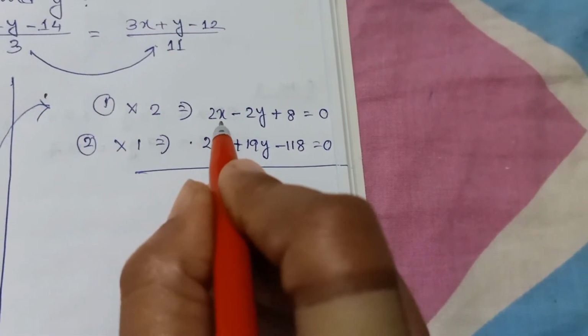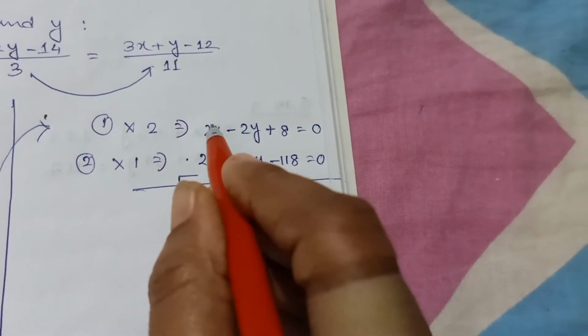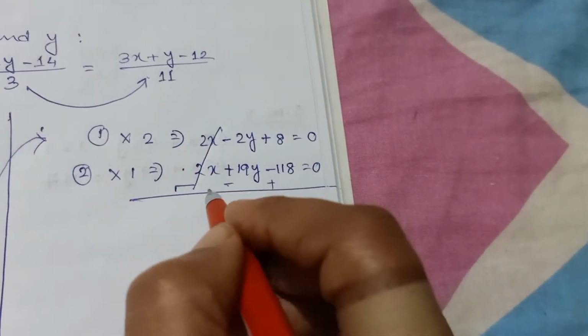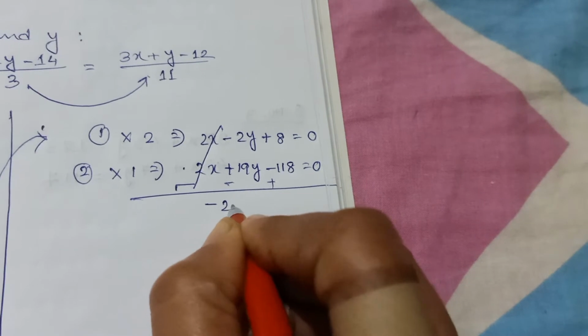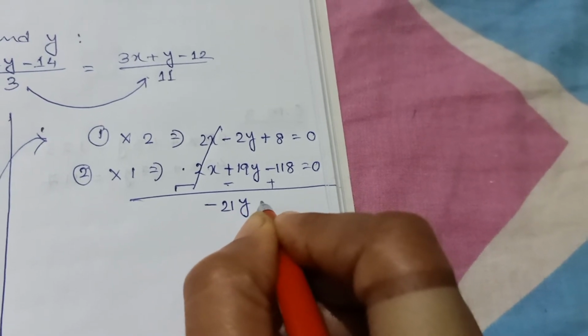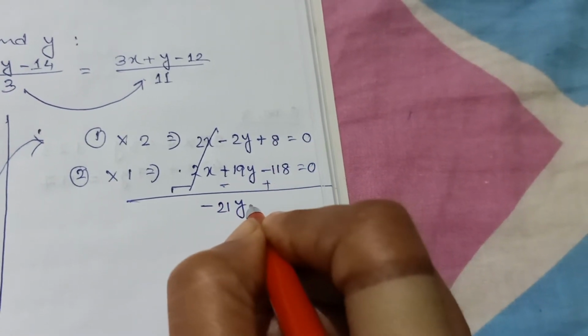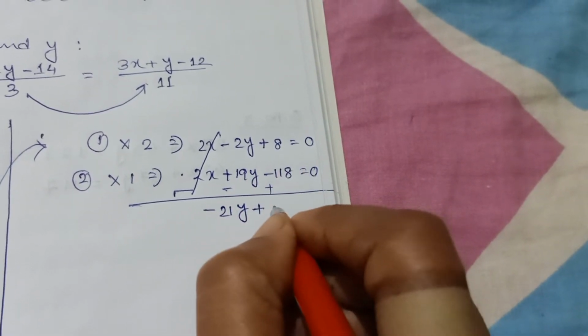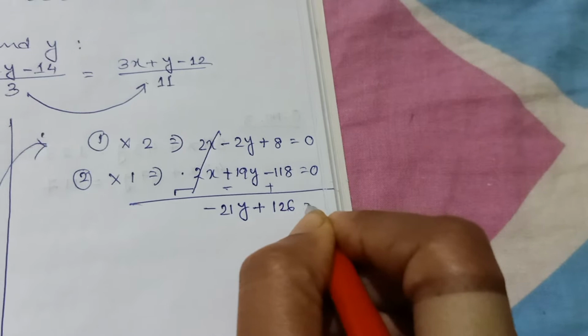Now we have the same sign, so subtraction: 2x cancels, this will be minus 21y, and this comes as plus 118 plus 8, that is 126,